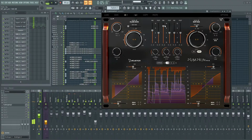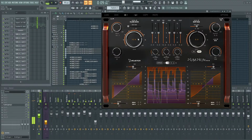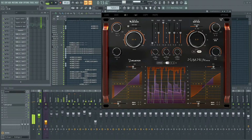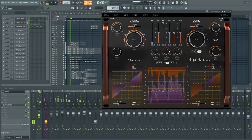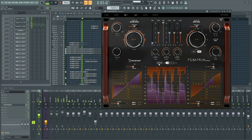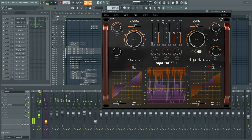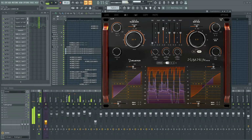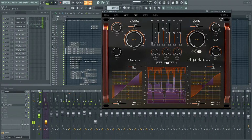Here's that mid band. Matter of fact, let's take off the low band. Oh, let me put it back on the whole thing. Interesting. So it took some of the prickliness out of the